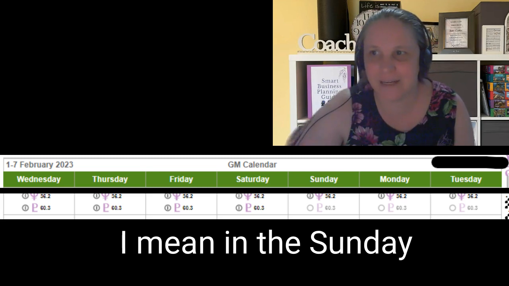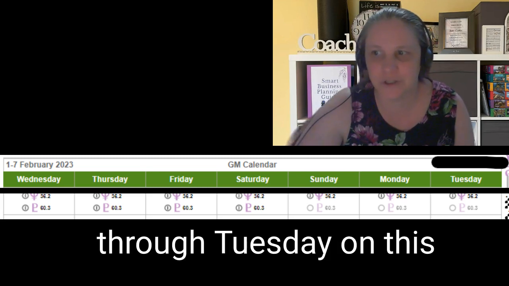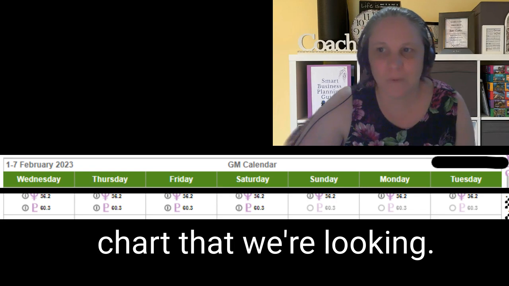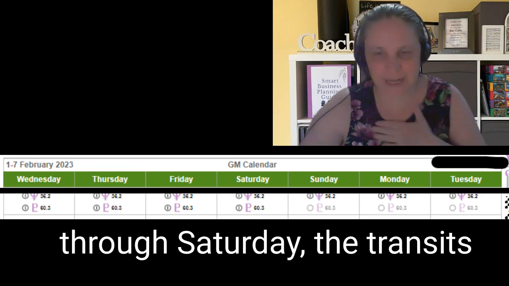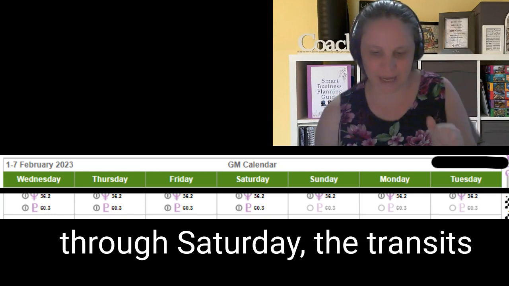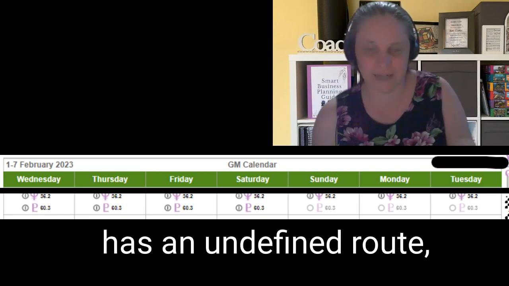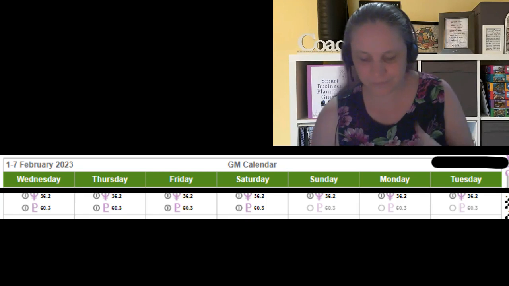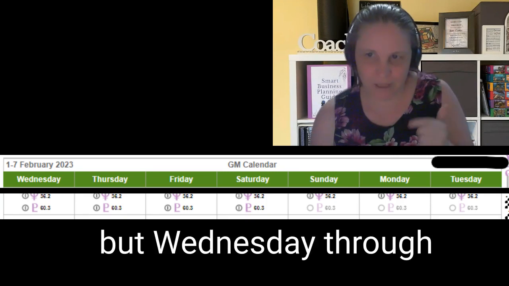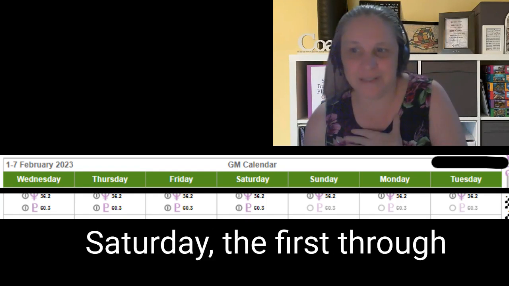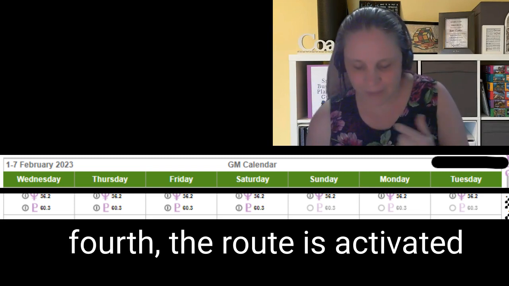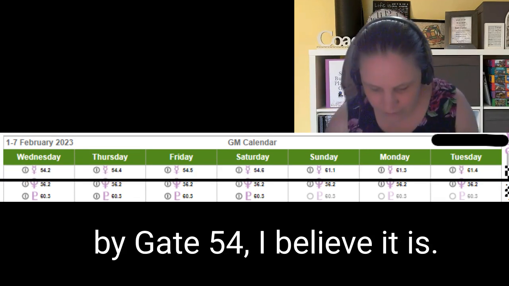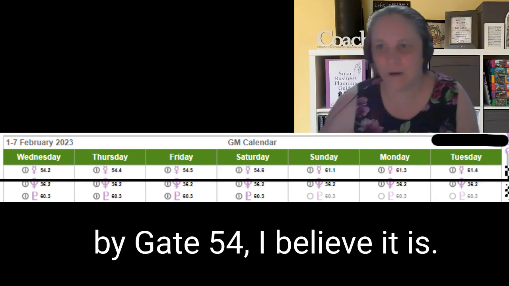And by here I mean in the Sunday through Tuesday on this chart that we're looking at. Whereas if we come back through to the Wednesday through Saturday, generally this person has an undefined root, but Wednesday through Saturday, the 1st through the 4th, the root is activated by gate 54, I believe it is,